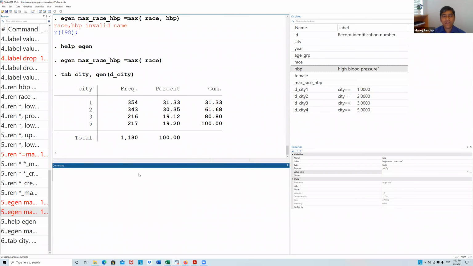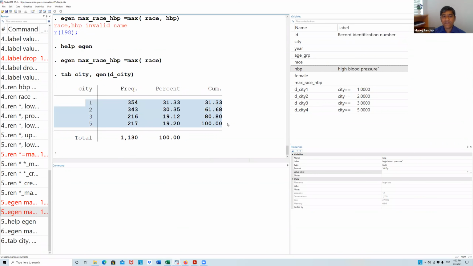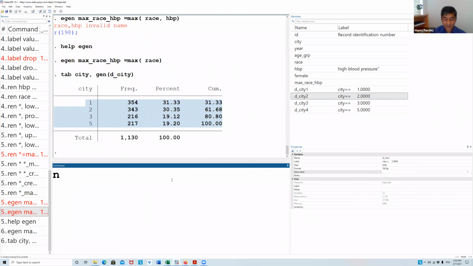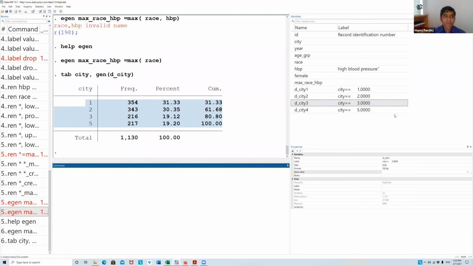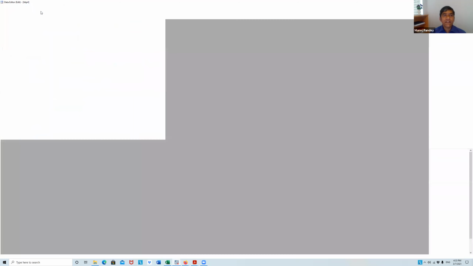Now there are 4 cities in this data, so there will be 4 dummies. You might have done in your econometrics that if you have n categories, then you have n dummies. But when you use them in the regression, you will be using only 3 of them, either 2, 3, 4, or 1, 2, 3, and 1 will be the reference category. Okay. So now I have created these dummy variables for city.